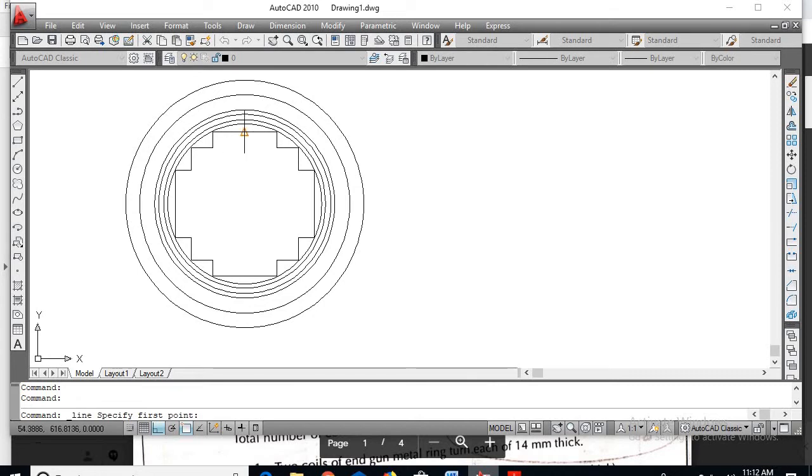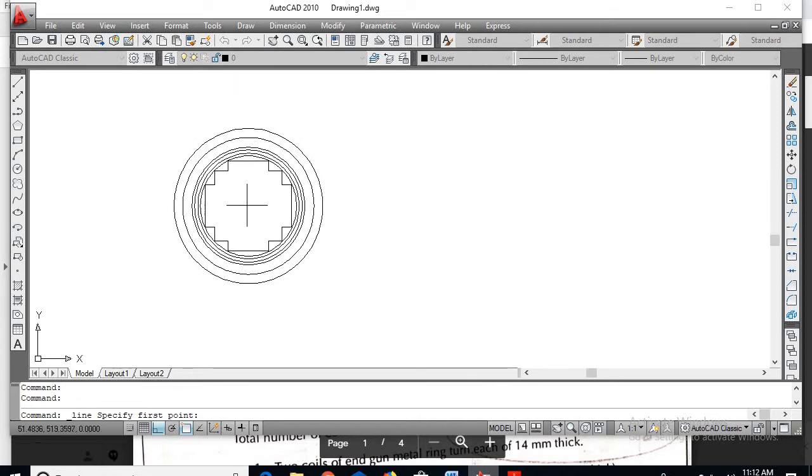So take the midpoint. So from here, extend this as 350 mm. So now draw a line at the center of this line.